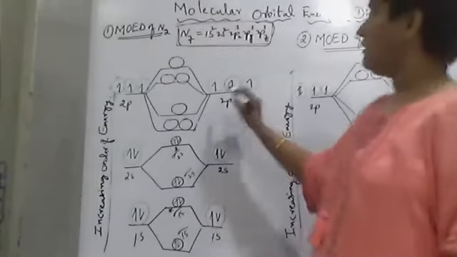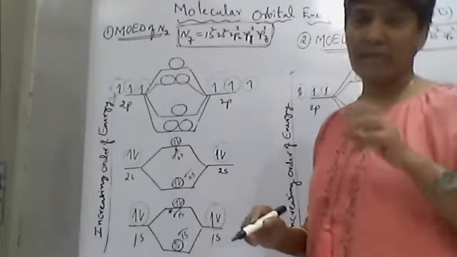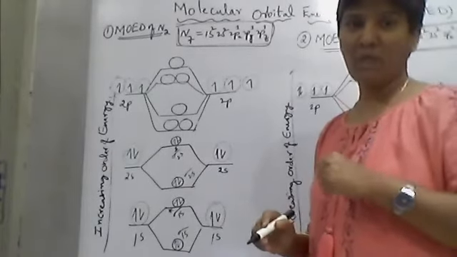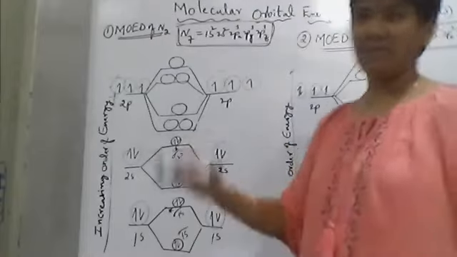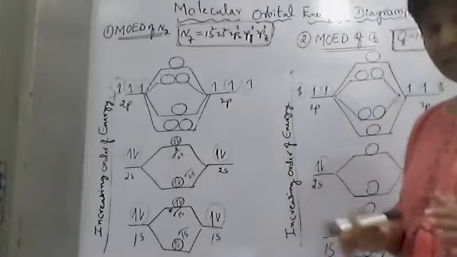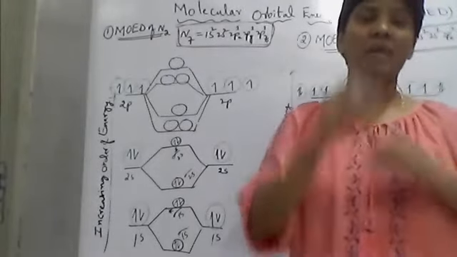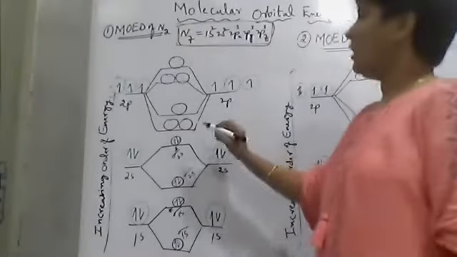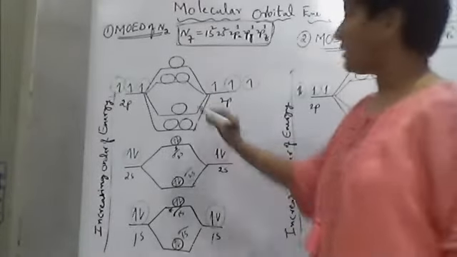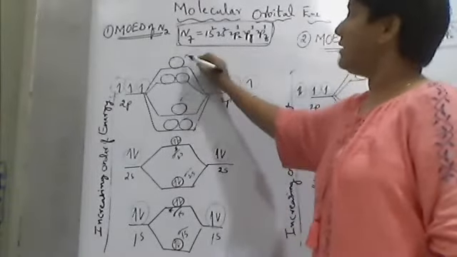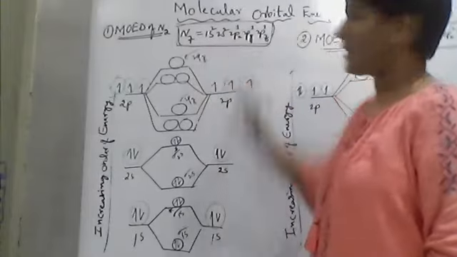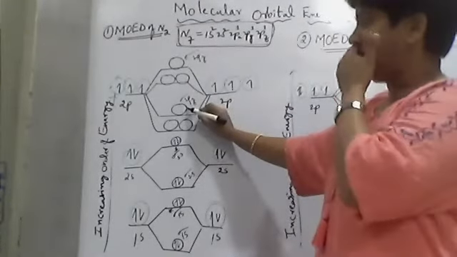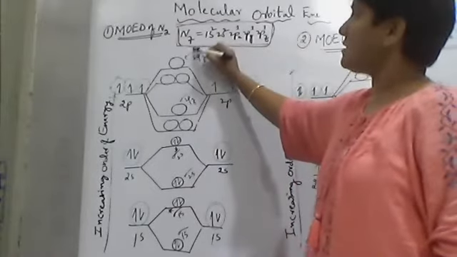Now in a p sublevel, we know that it has three different orbitals, because the 2p energy is the same. n equal to 2 for p, l equal to 1, 2 plus 1, 3. All three orbitals have the same energy in atomic orbitals. But when they combine to form molecular orbitals, there is a little change. Remember, the single one is always a sigma bond, and the sigma bond is formed by 2pz. So this is pz, low energy, and high energy like this, with a star.